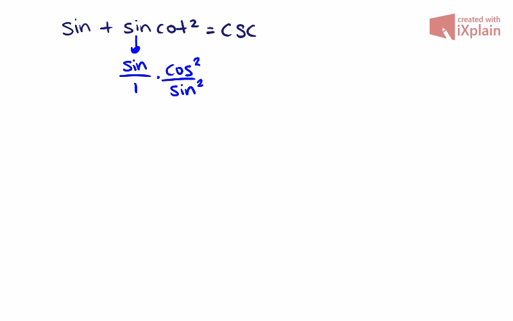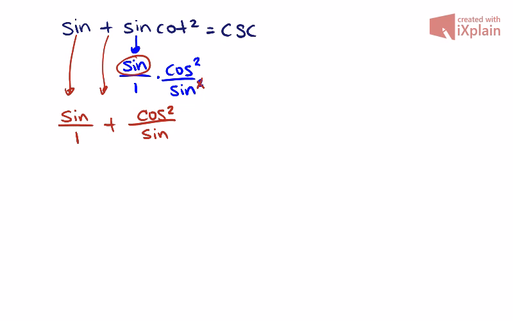Okay, now I'm multiplying. I want to look for like terms on top and bottom. I have sine up top, but this sine on bottom is squared. That means there's 2 of them. So all I want to do is just cross out the exponent and leave it as sine. So now I have cosine squared all over sine. Now I just bring down my plus sign, then bring down my sine function, sine over 1. Now I'm adding